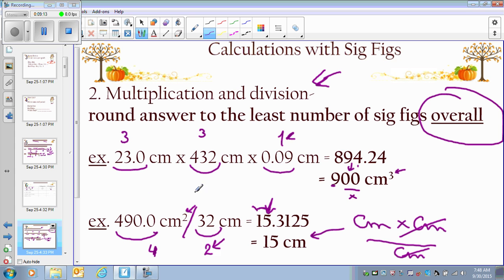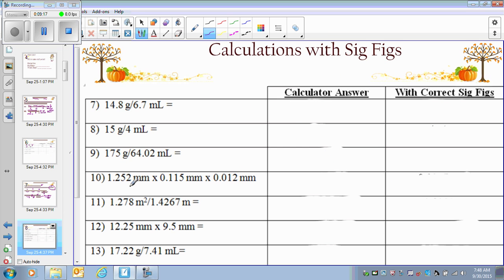So this is the rule for multiplication or division. Go ahead and complete this table, and then